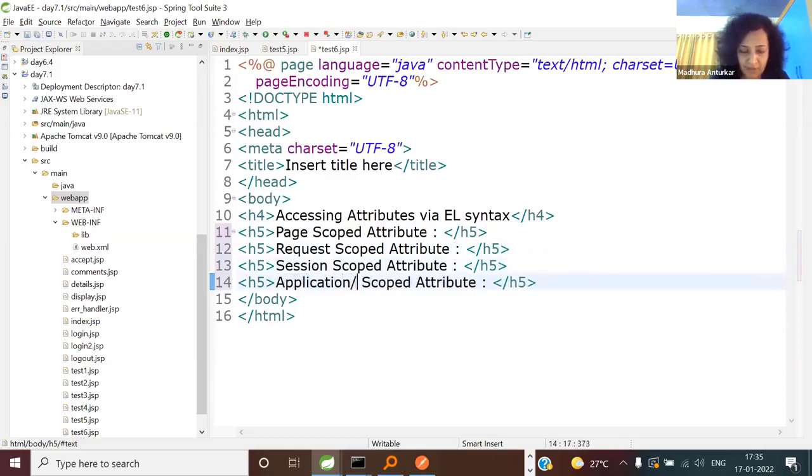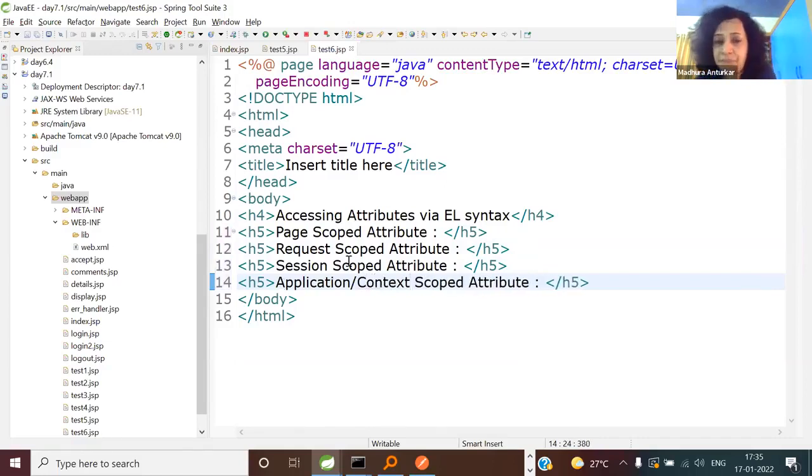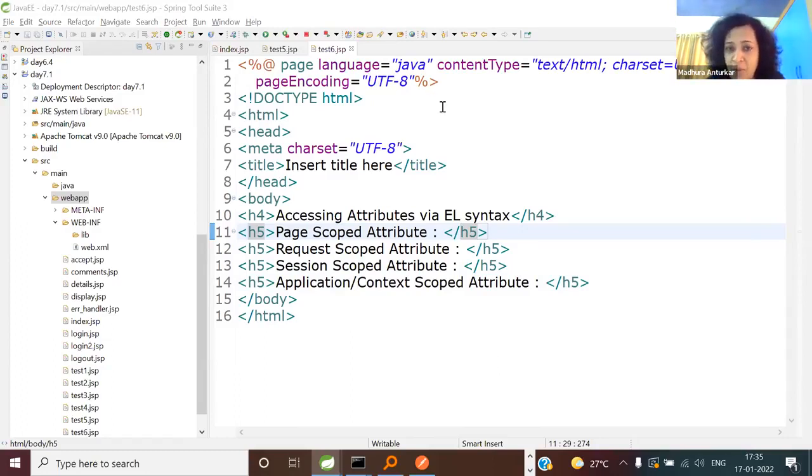When I say application, what I mean is the context, the servlet context. Application is equal to context. So now tell me, what is the EL syntax you want me to use in line number 11? Yes, absolutely right. Only thing is, Yogesh, I'm going to be explicit. So start with the EL syntax, dollar curly braces, and now refer to the EL implicit objects, which are param, page scope, request scope, session scope, etc.